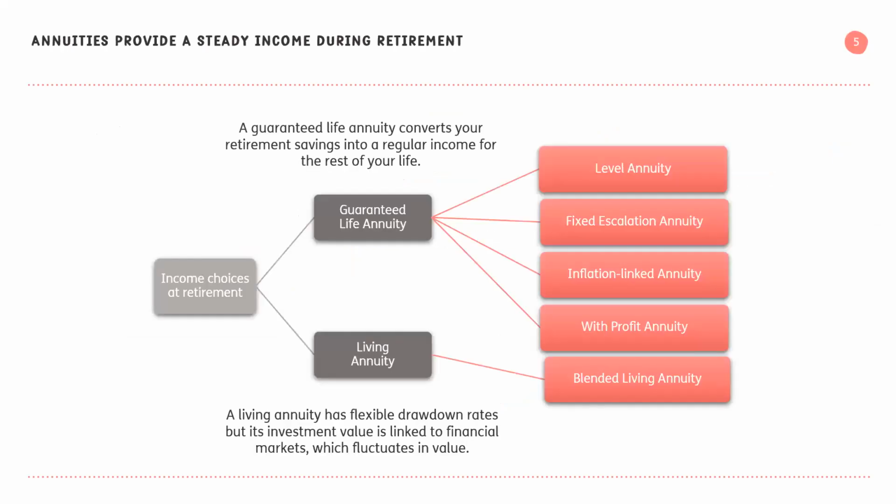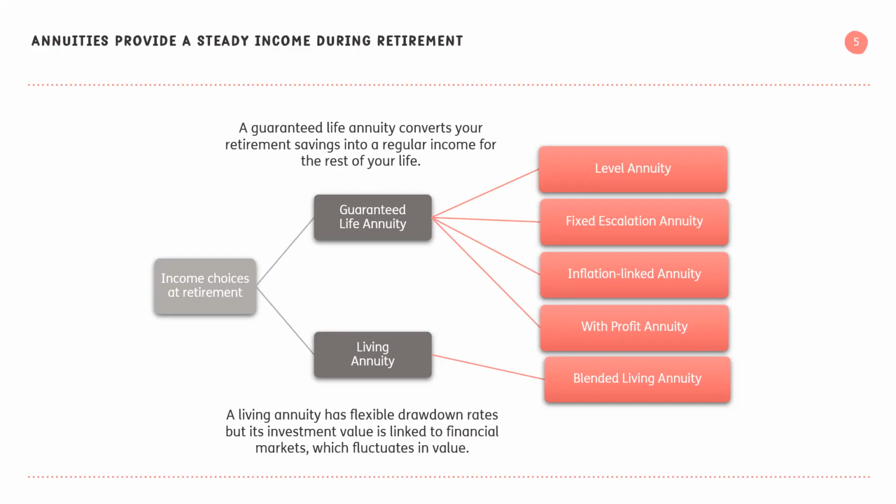Before I go into our flagship product, which is the Just Lifetime Income Guaranteed Life Annuity, I'd like to just spend some time talking about guaranteed life annuities in South Africa. Leading up to the end of 1999, 2000, the majority of retirees were purchasing guaranteed life annuities. And then over the last 20 years, we've seen a dramatic shift towards living annuities, which have become much more popular. Per the CISA stats, over 90% of retirees go into living annuities.